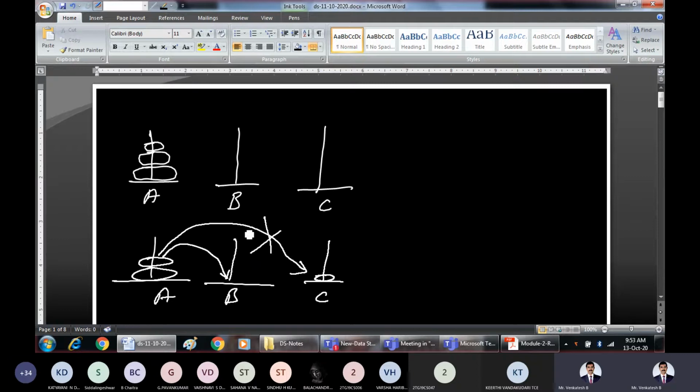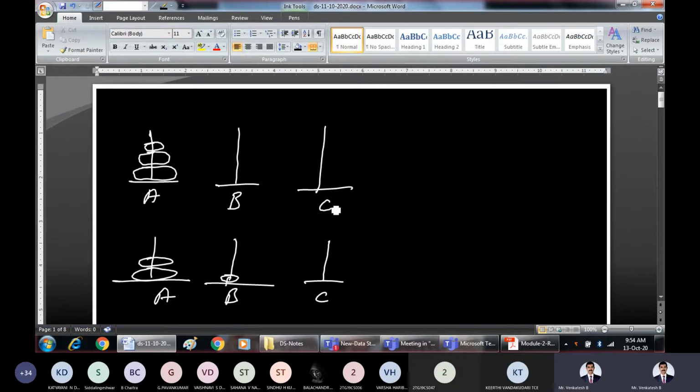So why it is not permitted here is because this is the smaller disk and this is the larger disk. So what the condition says, at any given point of time, you should place only the smaller disk on top of the larger disk. But reverse is not possible. Say this smaller disk I have moved it here. Then later you can take this and move it here. So that is permitted afterwards, and later you can perform other operations.